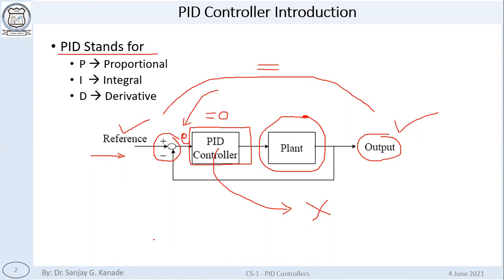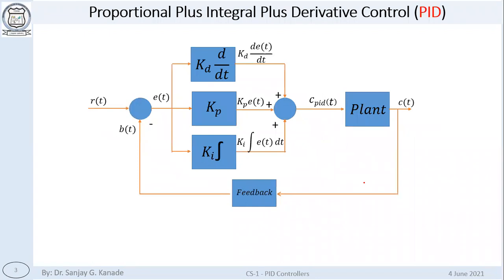So to do that task, we need some kind of a controller, and PID is the most popular controller in the process industry, which is used for controlling various plants, various processes. Those are available, those are used in the industry. Now this particular block diagram, or mathematical expression, is actually a one-in-all diagram. You can look at that, and very important one.